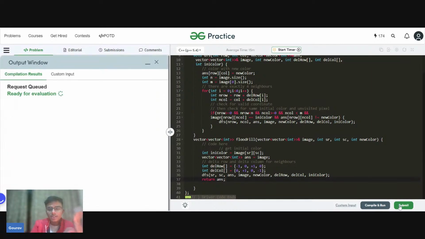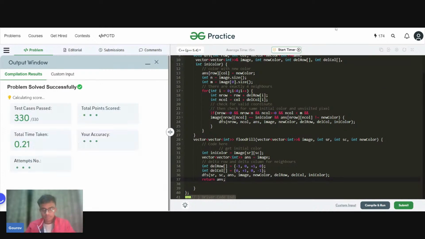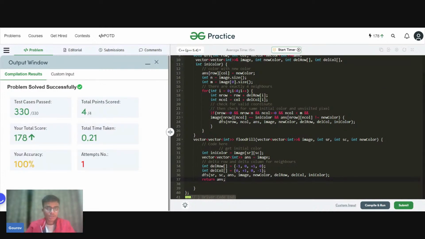So let us submit this problem and check whether it is correct or not. I am pasting the link of this question in the chat box itself. Do you have any doubts related to this?